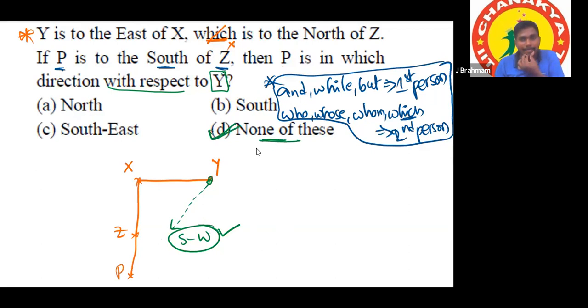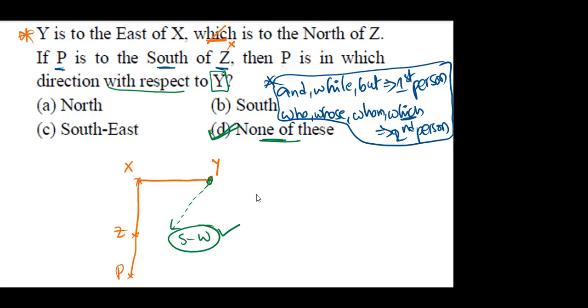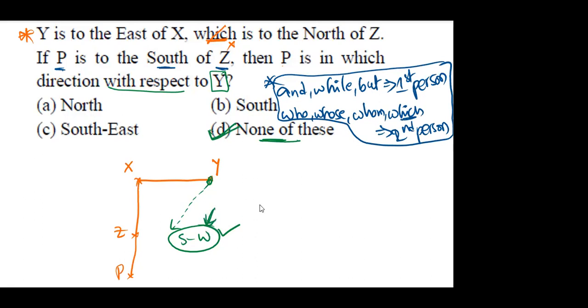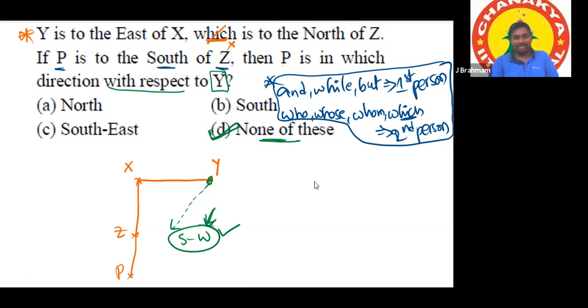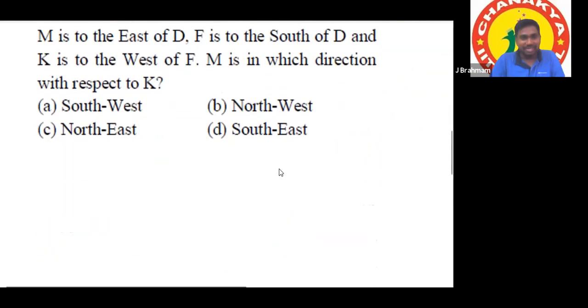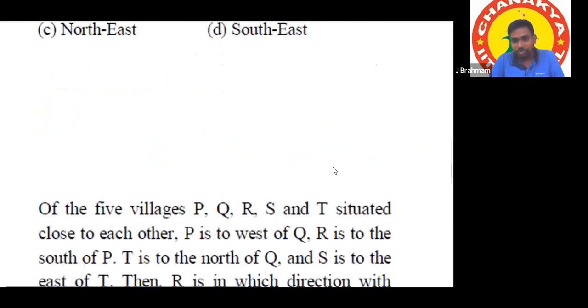What is your doubt, Piyush? No, sir, I'm saying that sometimes we feel that none of these is wrong, so that's why. If you are confident with your answer, then you don't feel like that. I don't think Piyush was talking to you, sir. Neha Jain is talking to you. Sorry, sir. After Nihar was talking, I was talking. Okay, okay. Because I cannot see all the persons at a time, I don't know who is speaking.